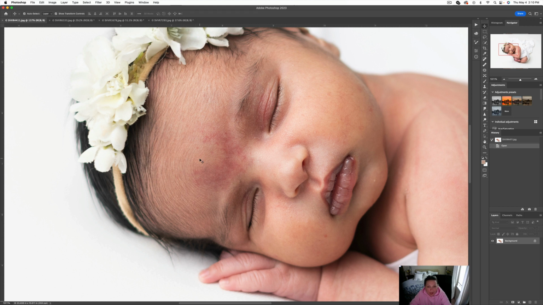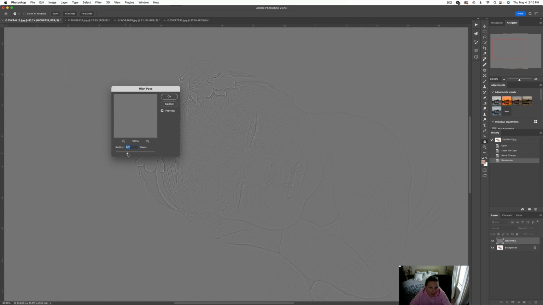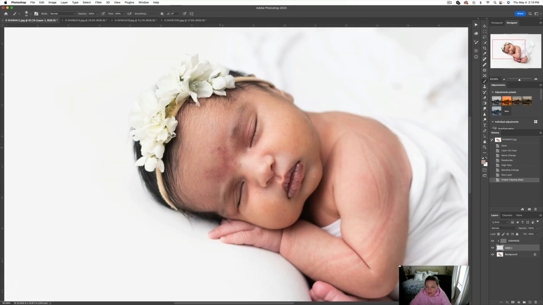You can remove hair. It also depends on what your parents request or what your work style is, but usually parents just love the way it is. Let's run this action, and I'm going to increase it. So you see this hair, but we don't see the redness. Okay, workflow